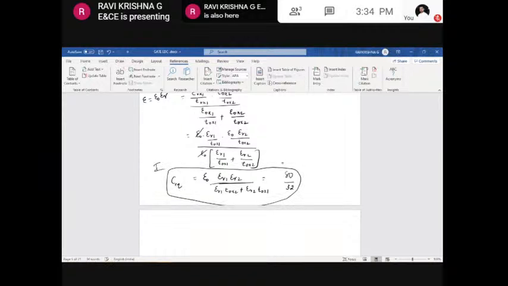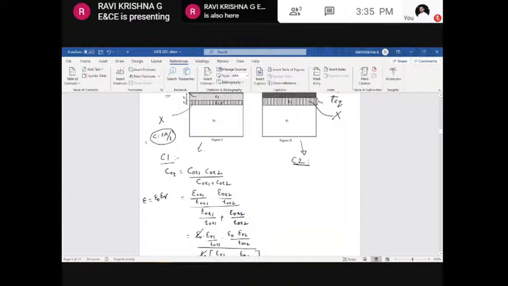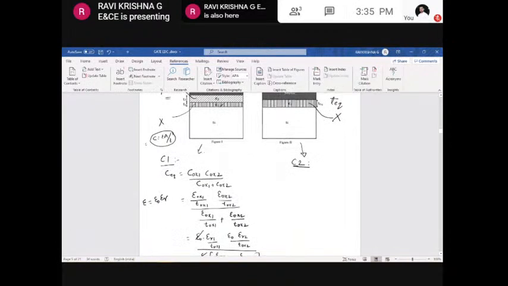Okay, this is for capacitor 1. Now we need to consider capacitor 2 also, right? Because for both capacitance 1 and capacitance 2, the value will be the same. So now let's move on to the second capacitor. Here the capacitance value of this capacitor, I just call it C equivalent of 2, which is equal to